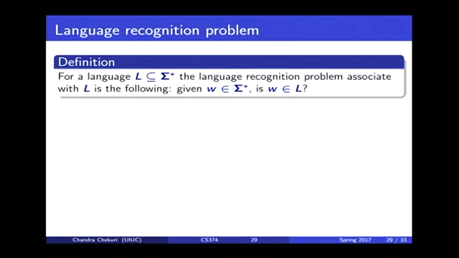The language recognition problem: what is the language we're interested in here? All valid C programs, right? What is valid? Syntactically valid C programs. So some strings are valid C programs, some strings are not valid C programs. However, you don't quite know what that means right now, right? What is a valid C program? We'll come back to it later, but